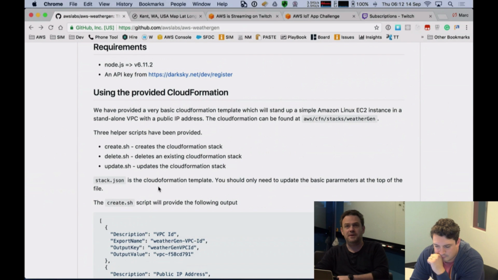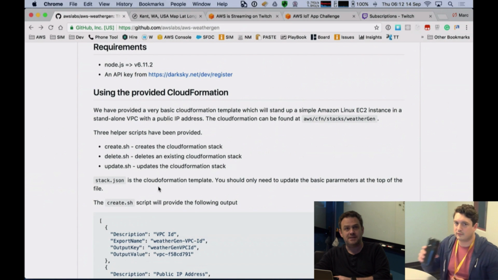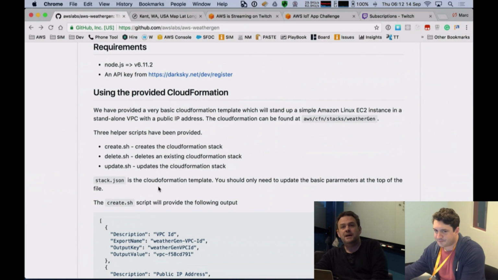It's going to configure the appropriate security for that virtual private cloud. It's going to fire off an EC2 instance, and it's also going to install all the prerequisites required for you guys to get started. So this is just a great way to really kick things off, and we're going to step through that CloudFormation template.